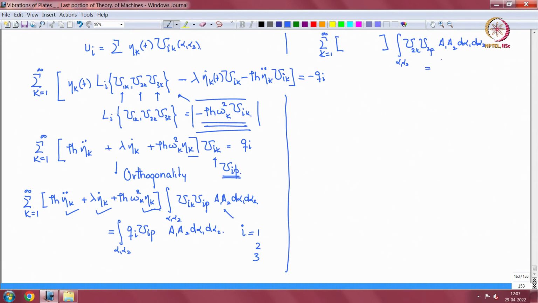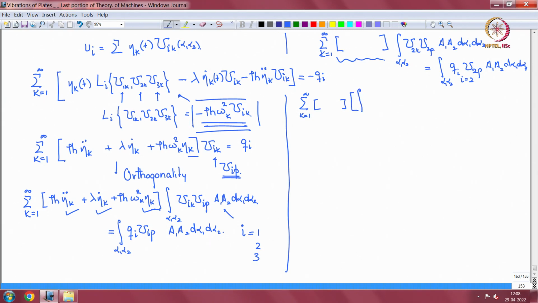that is equal to integral again alpha 1 alpha 2 qi, the other I, let us say I equal to 2, u2p a1 a2 d alpha 1 d alpha 2, and this part is same for all three. So if we now add up, okay, if we now add up, what happens? We get k equal to 1 to infinity, this equation,